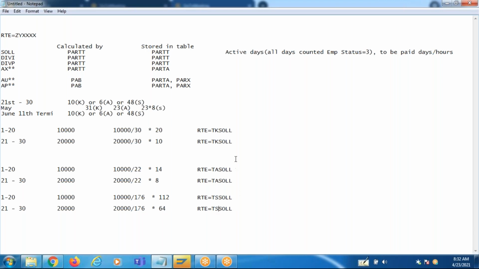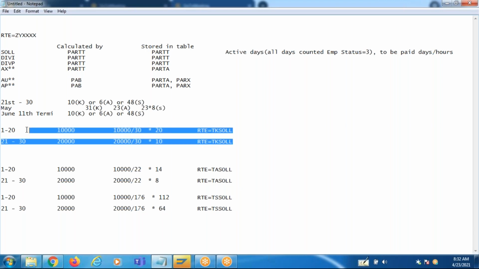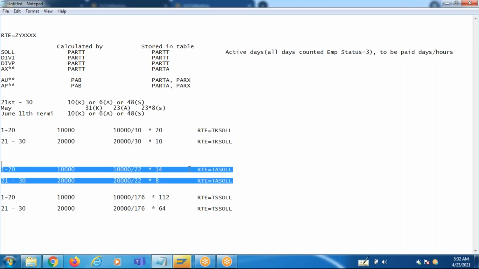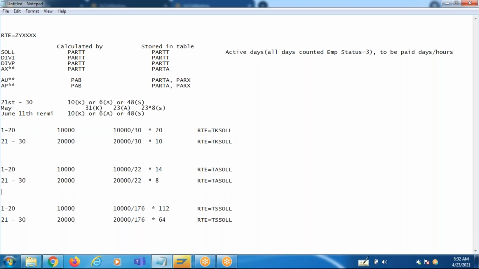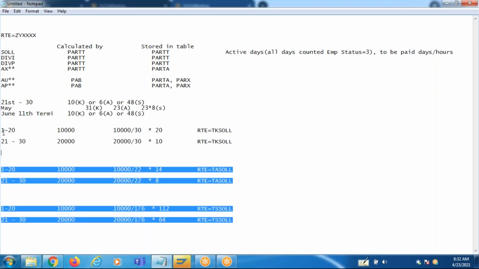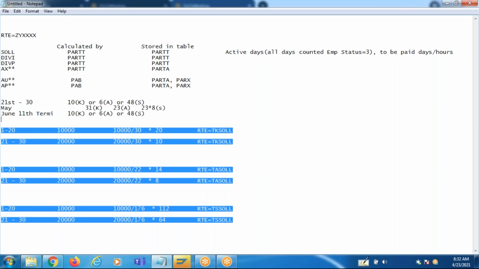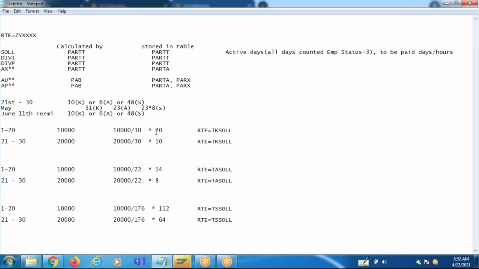Right? So the client might pay the employee in terms of calendar days. Client might pay the employee in terms of working days. Or they calculate the salary in terms of working hours. It could be any formula the client can use. But the rule is, if you are paying for the calendar days, the rate has to be based on calendar days. If you are paying the working days, the rate also should be based on working days. Paying for hours, then rate also should be hours.